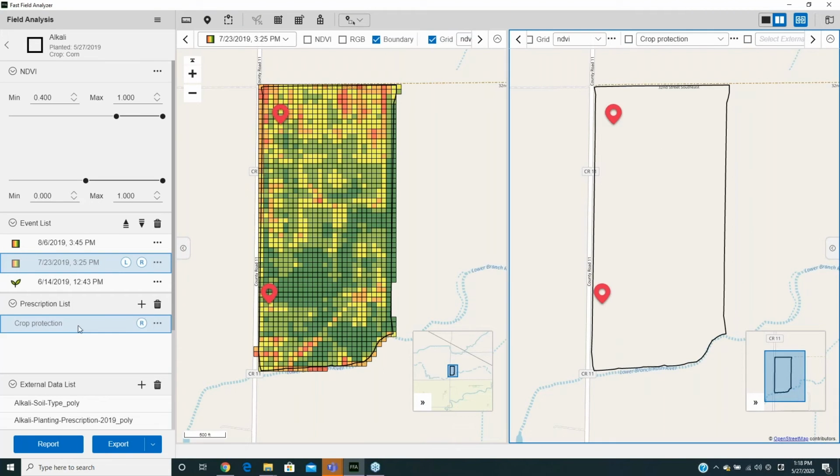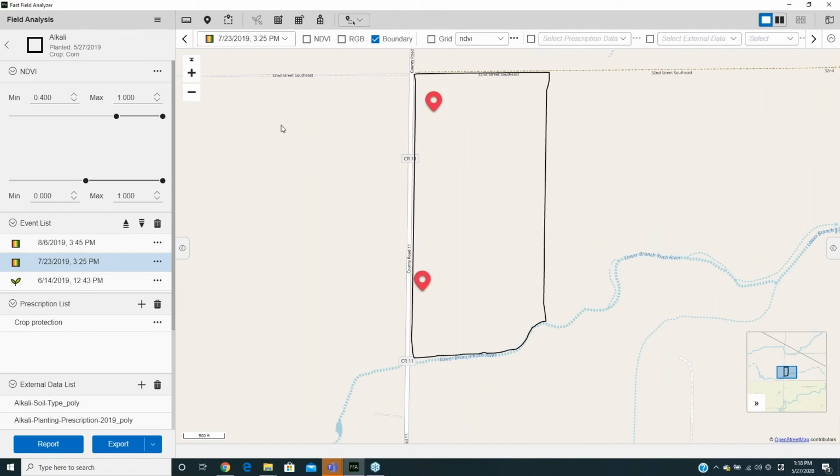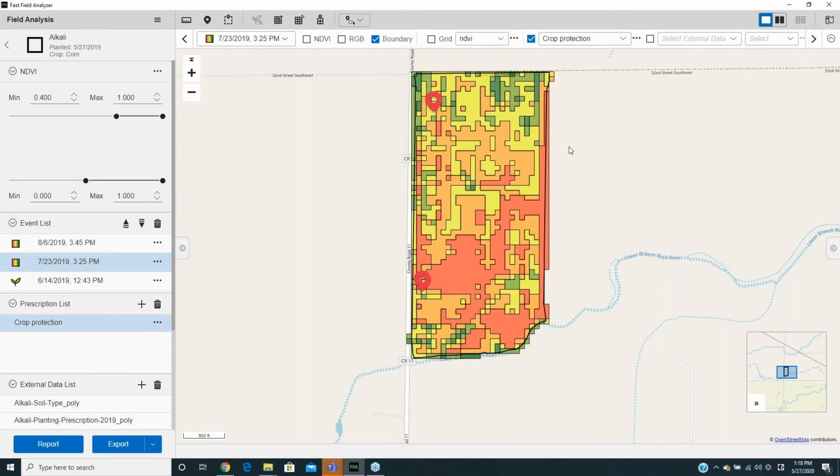Now let's see, just going back to the screen. So pesticide crop protection application. Yep, it's coming up. And so this crop protection application prescription, you can export it as a shape file, or